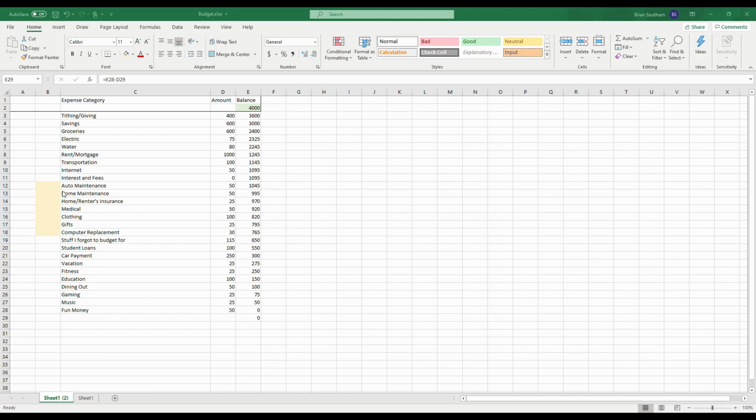On these categories, these are expenses that you know you're going to have. You're going to have some maintenance on your home, your car. You're going to have insurance payments that come up every 6 months or every year. You're going to have medical that pops up on occasion. You're probably going to need some new clothes every once in a while, gifts, replacing your computer, whatever it may be. These are expenses that you don't have to deal with right now every month necessarily, but it's important to